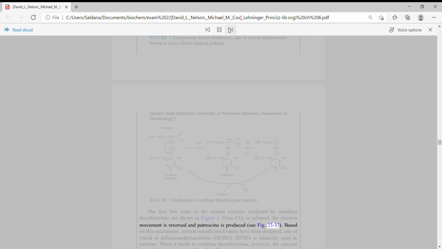22-32. Based on this mechanism, several suicide inactivators have been designed, one of which is difluoromethylornithine, DFMO. DFMO is relatively inert in solution. When it binds to ornithine decarboxylase, however, the enzyme is quickly inactivated, Fig. 3. The inhibitor acts by providing an alternative electron sink in the form of two strategically placed fluorine atoms, which are excellent leaving groups. Instead of electrons moving into the ring structure of PLP, the reaction results in displacement of